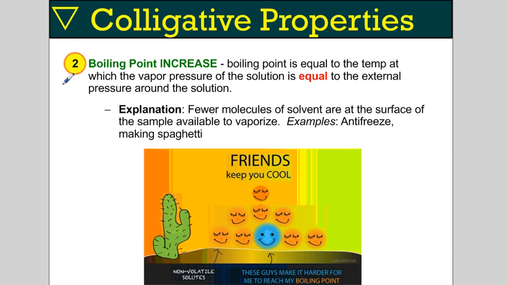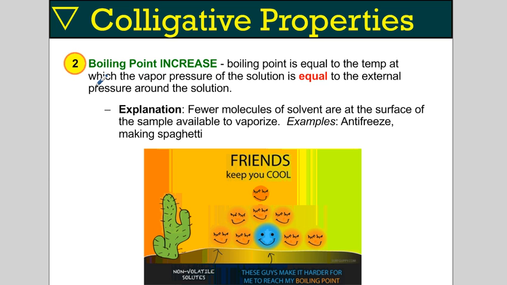The second colligative property to discuss is the boiling point increase. Boiling point is equal to the temperature at which the vapor pressure of a solution is equal to the external pressure around the solution. The logic here is that fewer molecules of the solvent are at the surface of a sample and available to vaporize at a given temperature. But the same thing is true: we have the solute particles attracted to the solvent and therefore limiting their ability to escape the solution